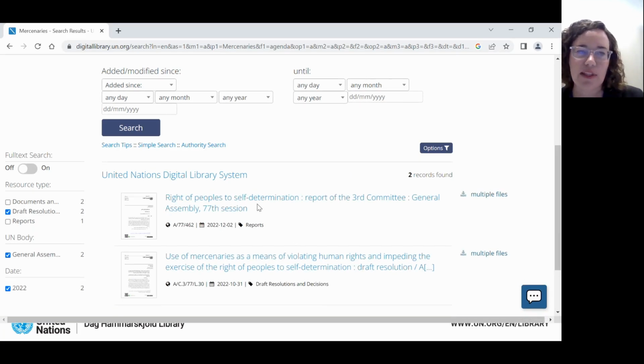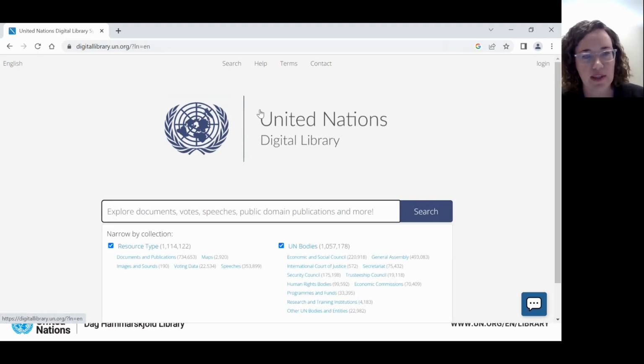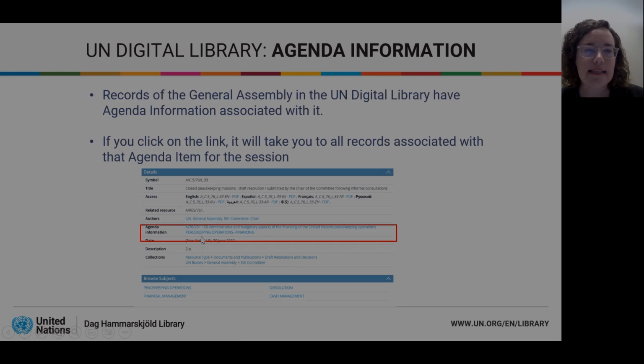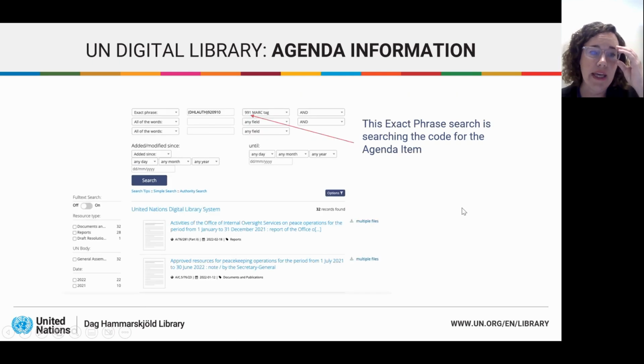So you can see there's one that's rights of people to self-determination, and then there's another one that's related specifically to mercenaries. So that's using that agenda field, knowing that you can find all of the documents related to a particular agenda item that's being considered by the General Assembly. This is another example here where you're looking at peacekeeping financing. And again, when you click on that link within the record to the agenda item, you get an exact phrase thing. This is just coding, ignore it, but it will give you all of the related items to that agenda